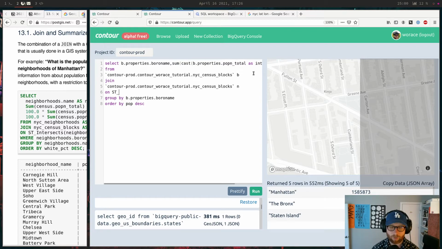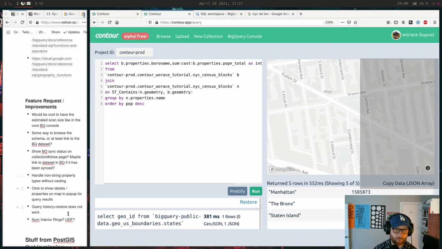Yeah, I guess you can get picky about how you attribute a census block that crosses a neighborhood, but let's just do contains. In B.geometry, group by in.properties.name. Yeah, okay. I've decided.